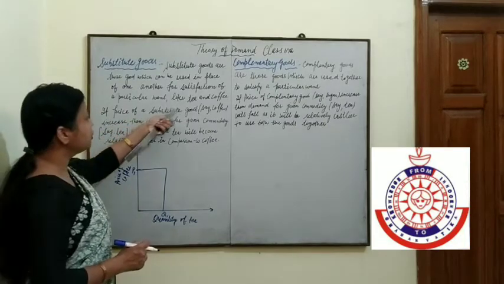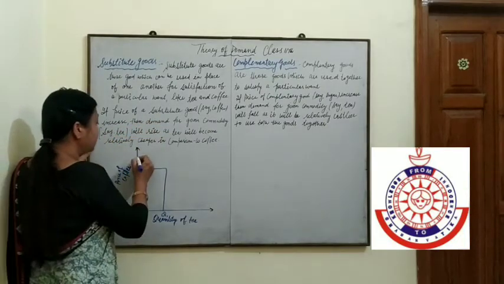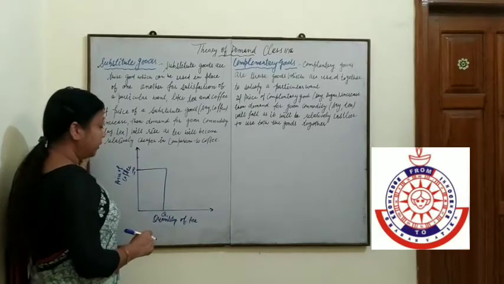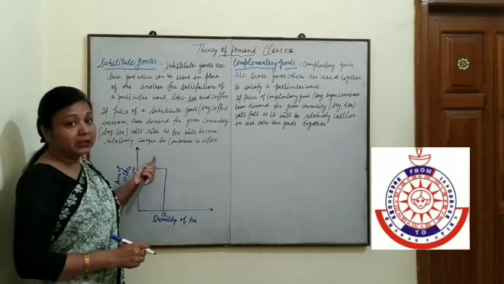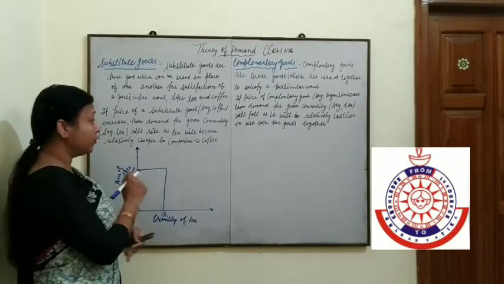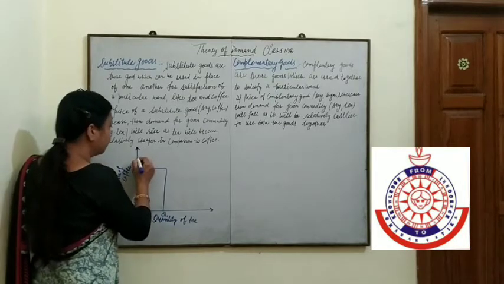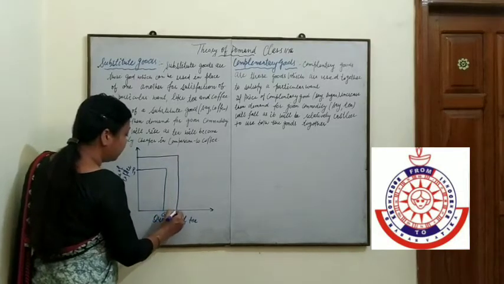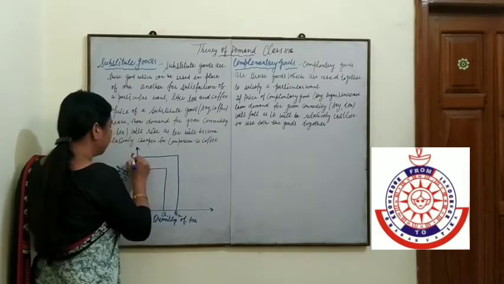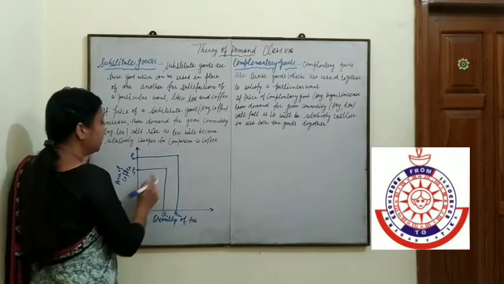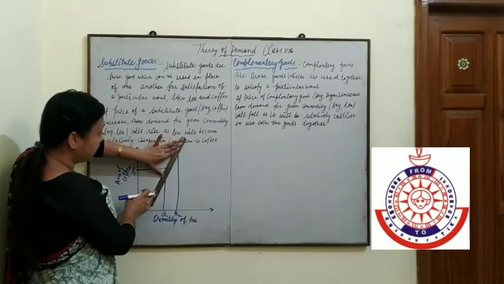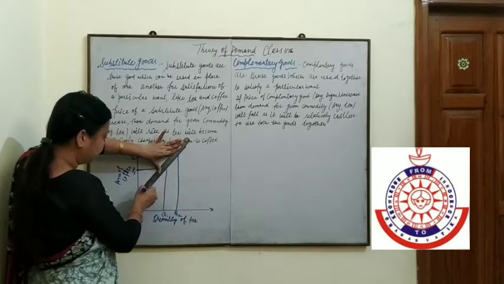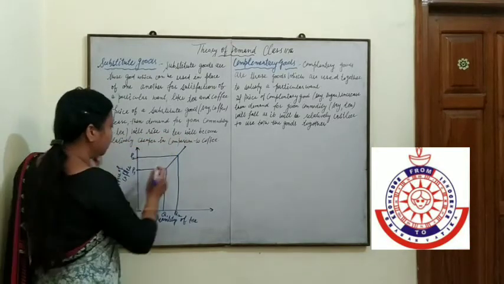Now, if the price of the substitute good increases, what will be the effect on demand for tea? The price of coffee is increased. That's why we will take less of coffee. Then we have to substitute in place of coffee. We will buy more of tea. Whenever the price is P2, we will be demanding more of tea. So our curve is upward sloping in case of substitute goods.